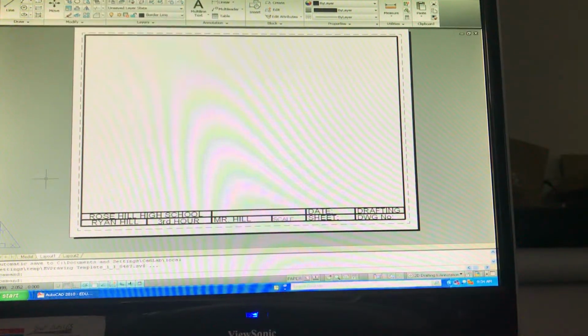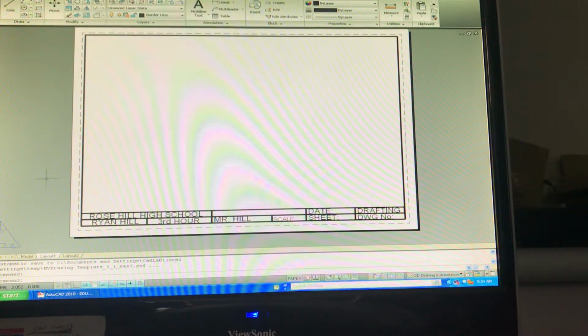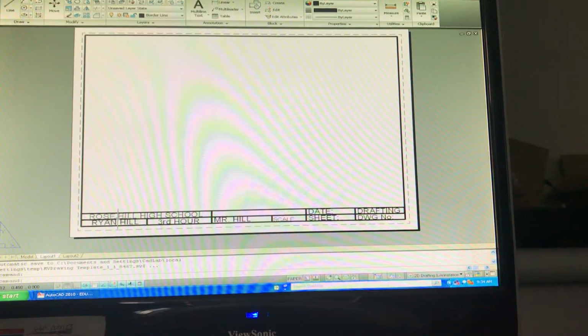Okay, you guys got the multi-view drawing template from Schoology, downloaded it, or you got it off the flash drive. When you open it up, you notice the template's a little bit different, so you're going to have to adapt it, change the hour, change from my name to your name. And then you'll have to put the title of the drawing in there. So just to show you a different type of layout,